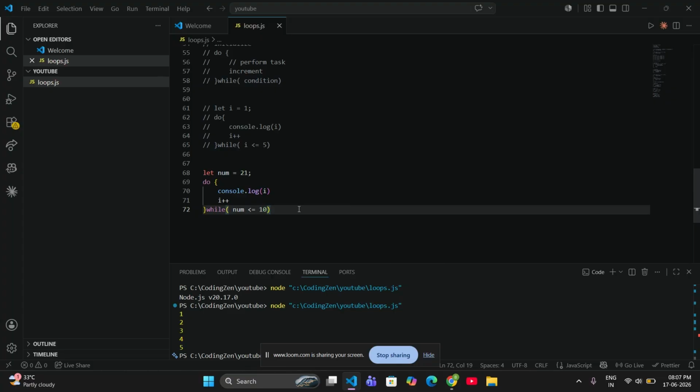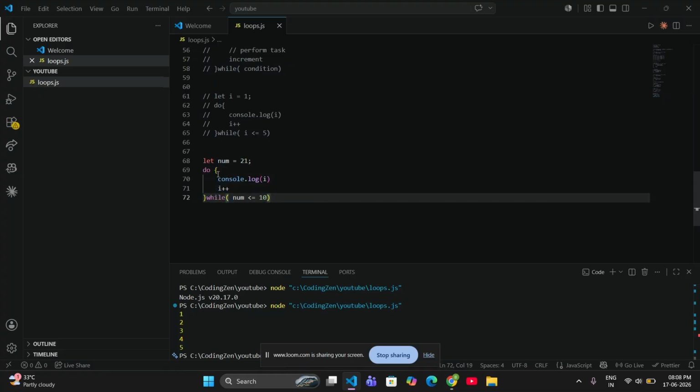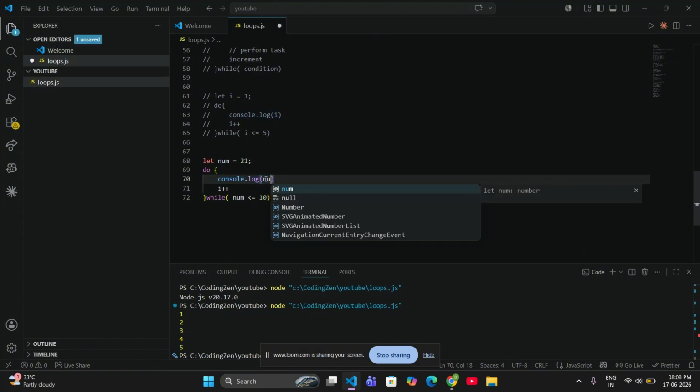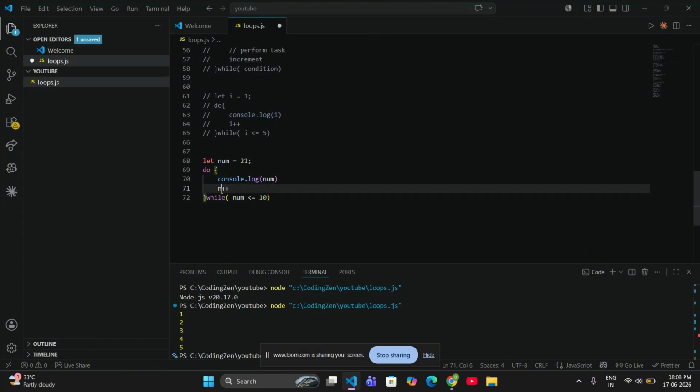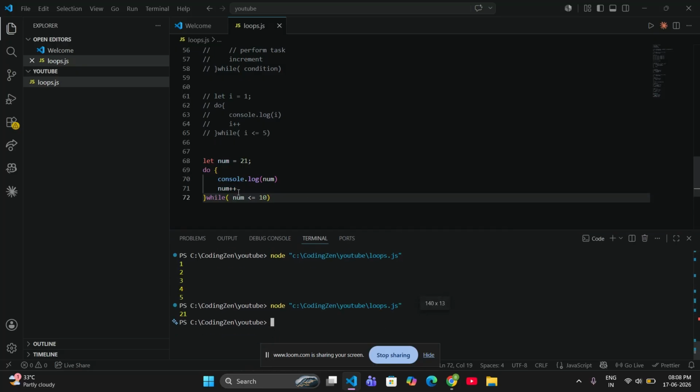So here what's happening? Our num value is 21, which is greater than 10. But we are not checking the condition at first. First of all, we are performing a task and then we check for a condition. So here, first of all, we will print the value of num. Here I have to define num, and here also num. We have to print the value of num and increment the value of num. So when I run this code, we are getting 21